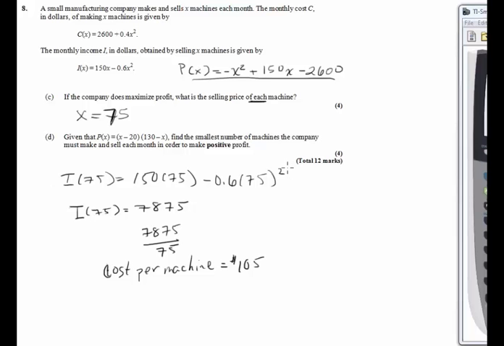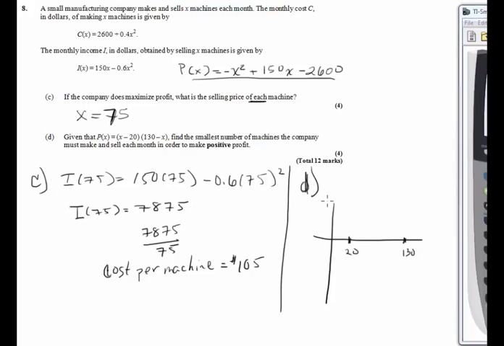So I'm just going to slide over here, that being C, that being D. When these are zeros, here's what I know, at x equals 20, it's 0, and at x equals 130, it's 0, and because my graph was a negative, it must look something like that,